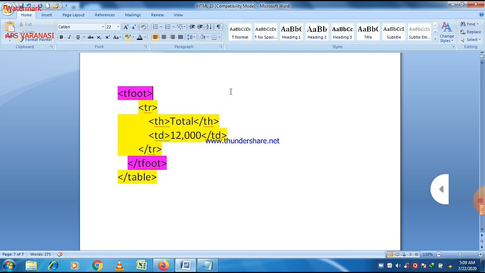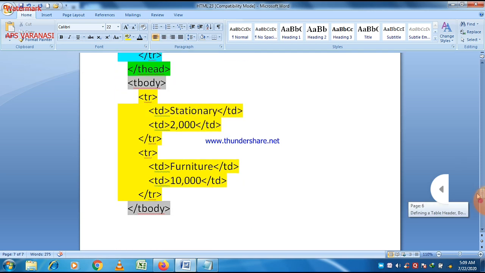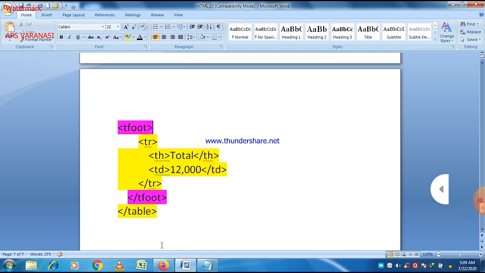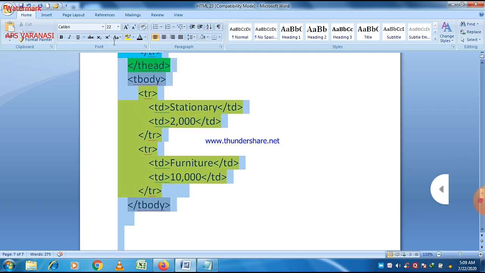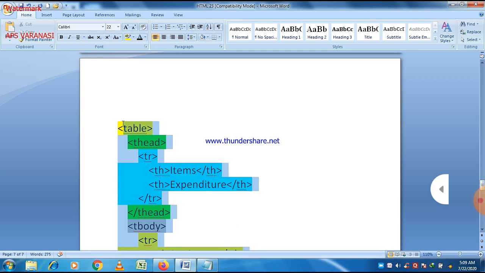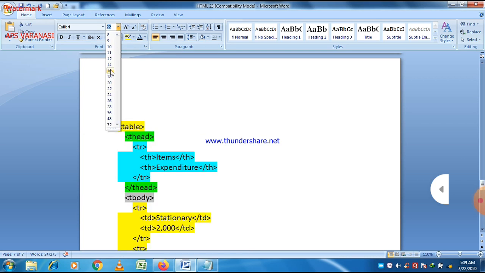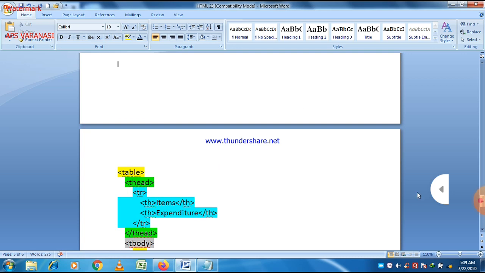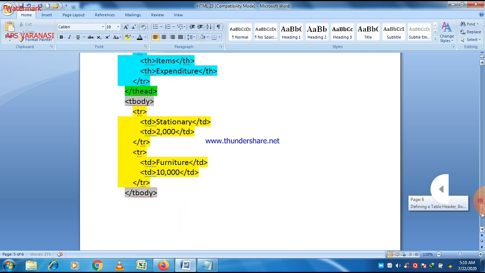I have marked with different colors to show the different sections and parts of the sections, to represent the different parts of the sections. So this program, let us take its size a little bit small, so all the code appears in only a single page here.